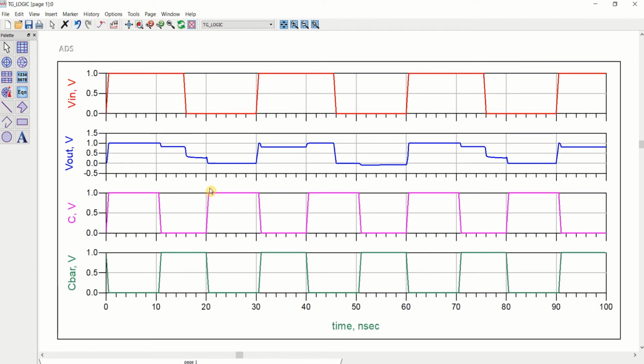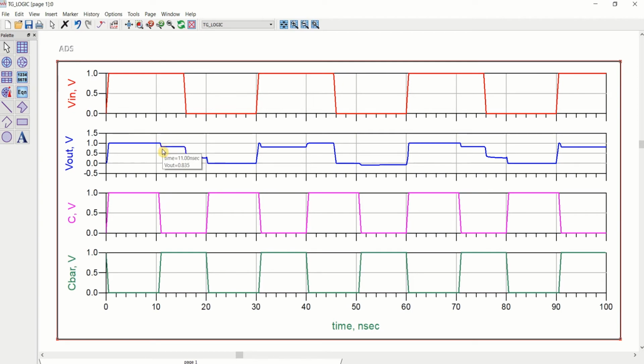So you can see the results. What is happening is, when the control signal is high, up to here, you will be getting the output. After that, it is going into high impedance state towards 0.